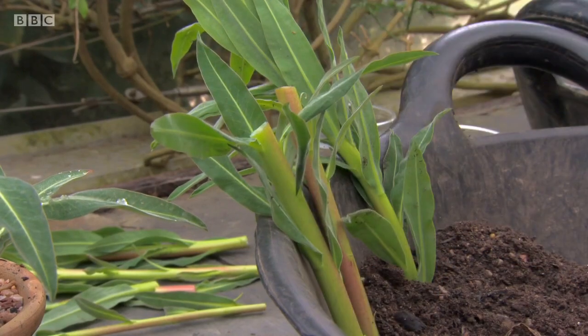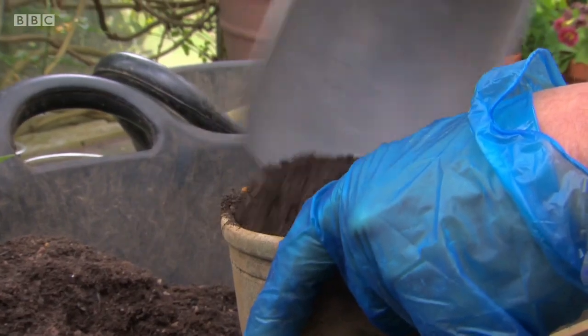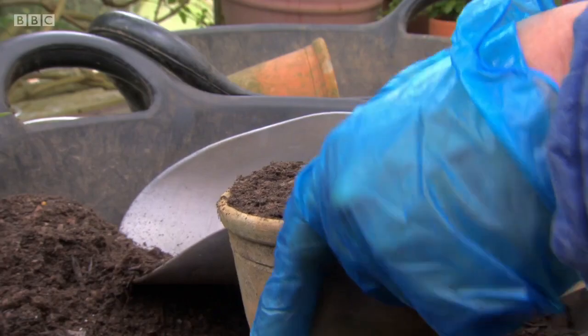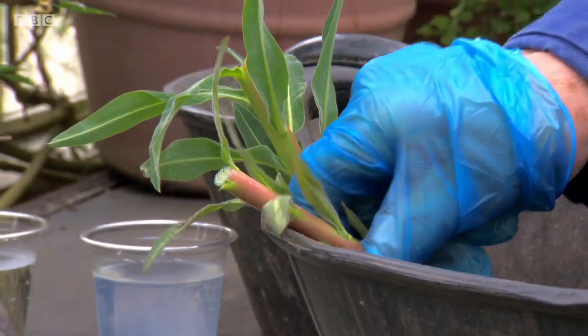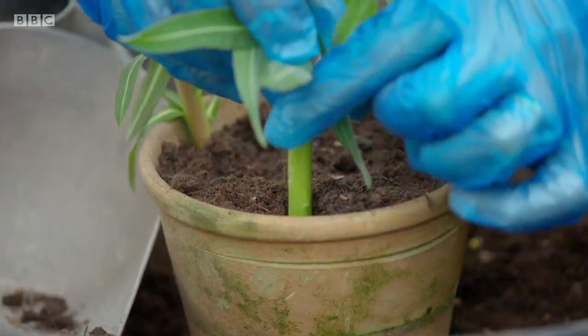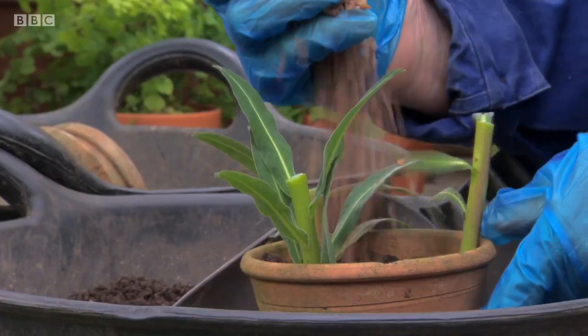Now, I've filled my pot with nice gritty compost, it's just nice open compost. It's got quite a lot of loam in it as well. So I'll just shake it down a little bit. And all I need to do is insert these cuttings so that about half is under the surface of the compost, and then just take some grit and put it right over the